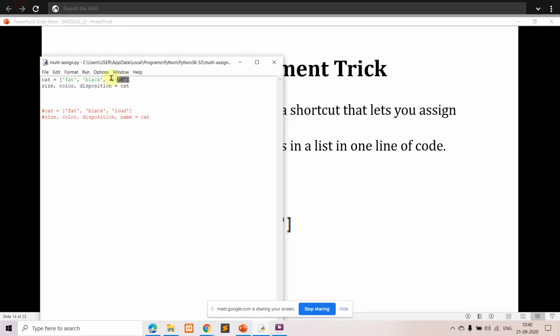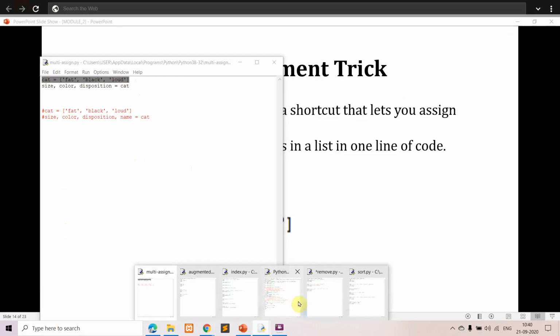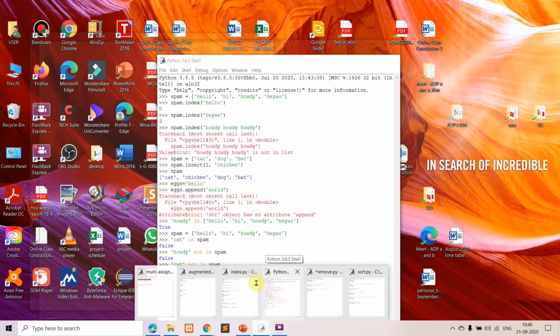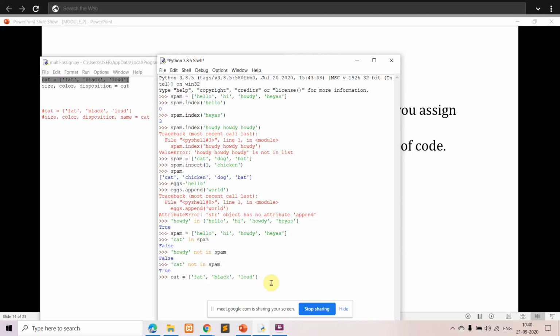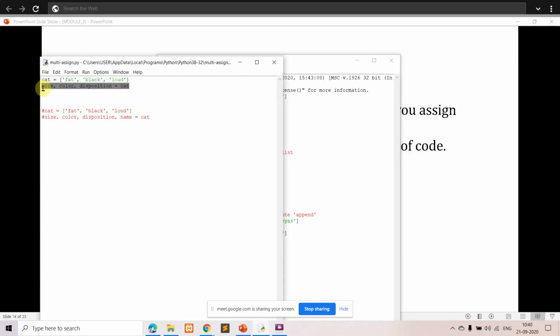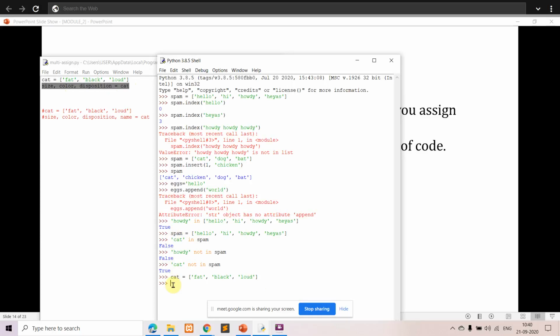I'll just give cat here. So you can see, in this case, size is initialized to fat, color is initialized to black, and disposition is initialized to loud.